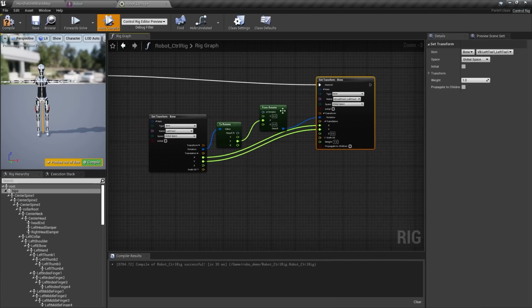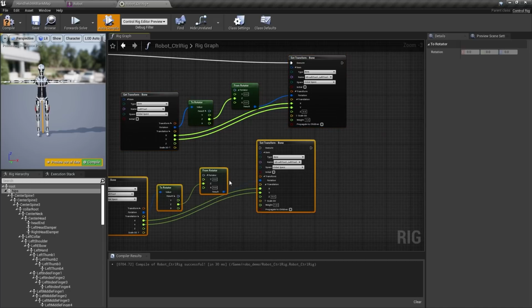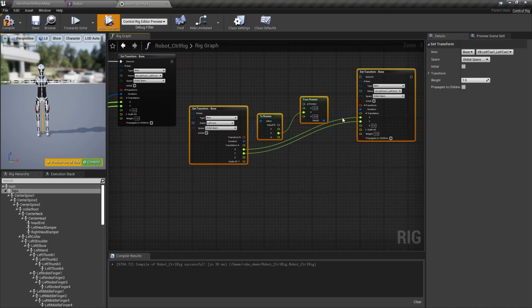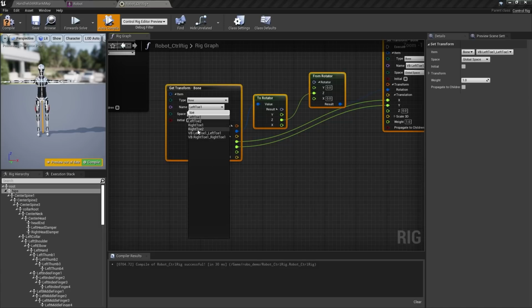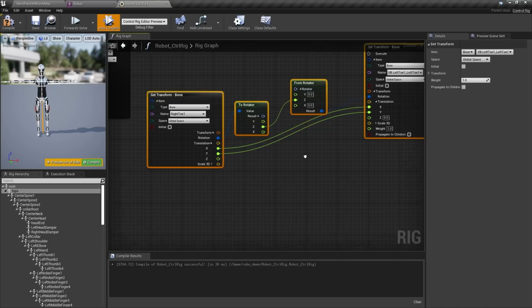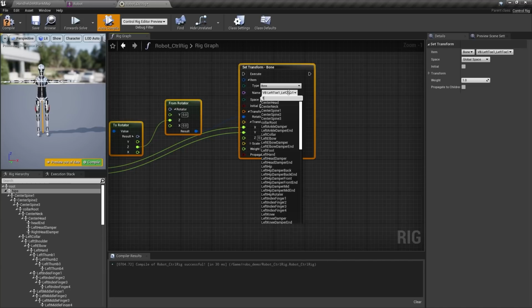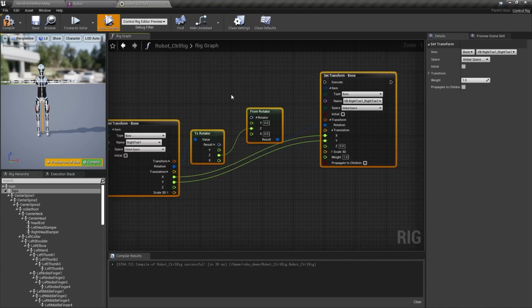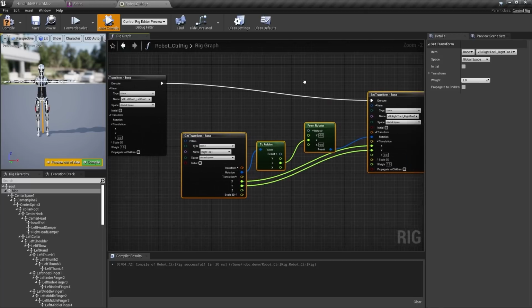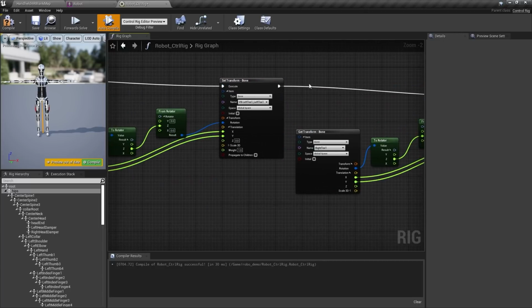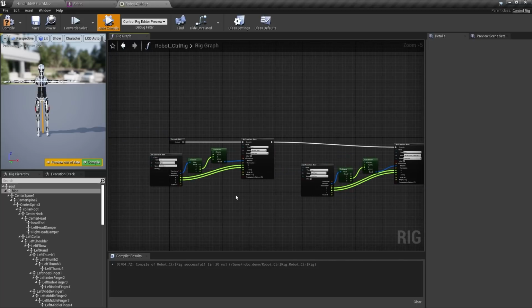With that done, we can highlight this, Control W it, move it over here, and again search for toe. We're going to use the right toe 1 on that and have that drive our virtual bone's position for the right toe. All we have to do is wire those up. So it's taking those 3 virtual bones and setting their position with some limited axes, which is pretty straightforward. So we can compile that and save it.